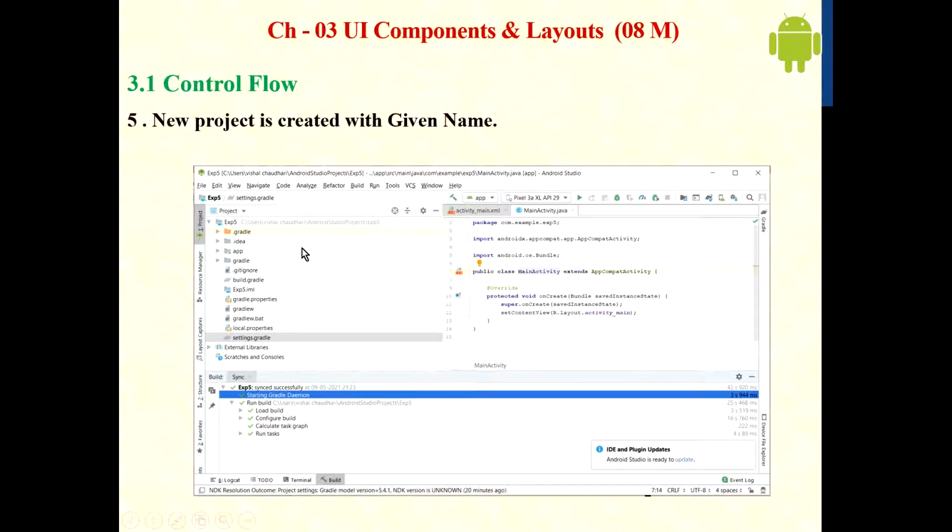Next, after clicking on Finish, this screen appears. Here, experiment 5, and these two files are generated: activity_main.xml and MainActivity.java. This part we already see in the practicals. When we run our first practical, I tell all the steps. And here are various files regarding your project, and those files we see in the directory structure.